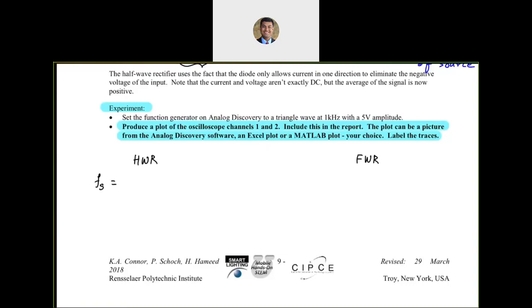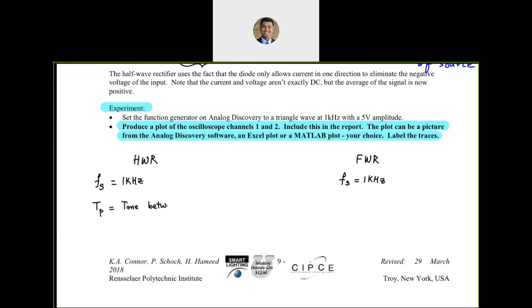Well, if I assume 1 kilohertz for both of them as the frequency of the source, then the time between peaks, time TP,